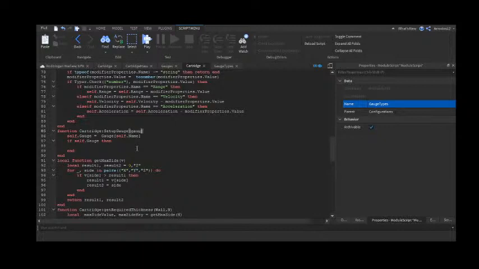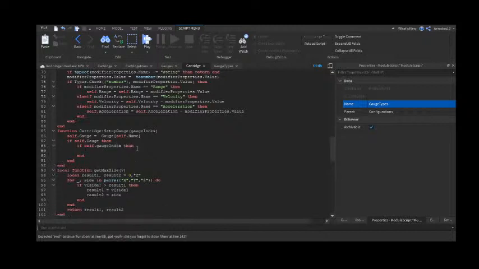So we'll have gauge index, self.gauge index, then self.title equals, well actually, let's do another if statement. Or actually, let's do this. And self.gauges, gauge types, actually just gauge index,